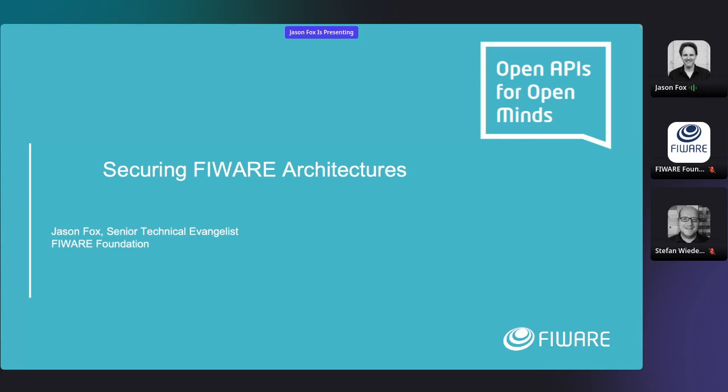Let's talk about securing FIWARE architectures. The way that the session is going to run is that we're going to divide this into three stages. First bit, which is the one part which I'm going to take part in, we'll go through the principles of security components. This is because if you listened to me yesterday, I talked absolutely nothing about securing FIWARE whatsoever. Security is agnostic to the operation of context brokers. The thing is that obviously you do need to secure your system, and there are some industry standard mechanisms which can be used to secure